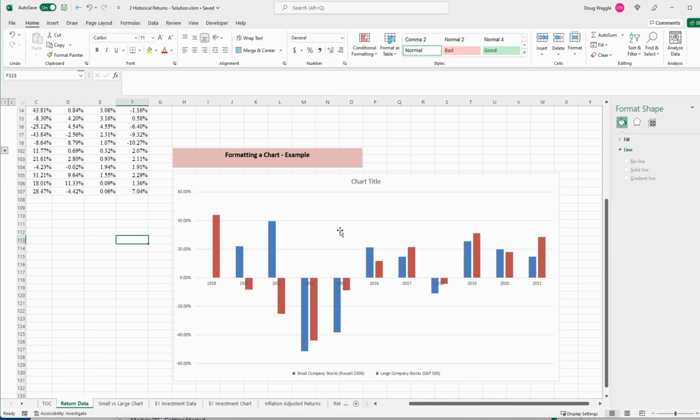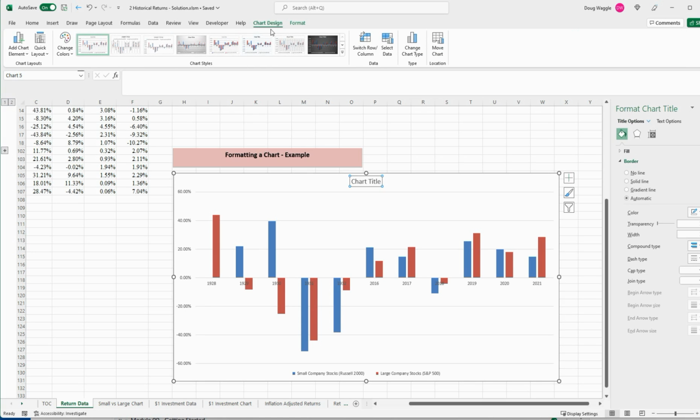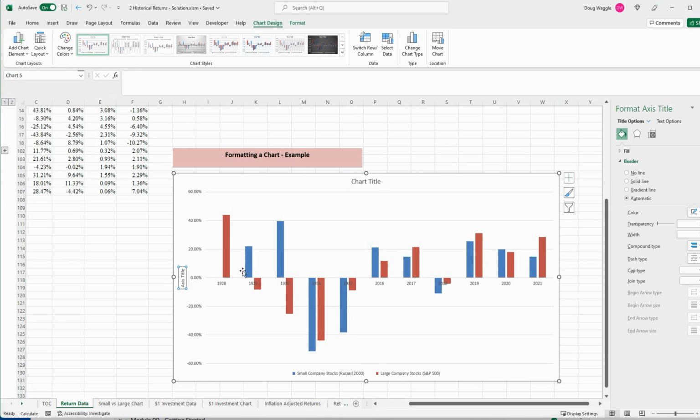Well, we also need some labels over here. What is this? What are these percentages over here? Those are actually total annual returns. But click on our chart, and we've got chart design up here on the ribbon, and add a chart element. So axis titles. I want to add a vertical title, and so I could go there and